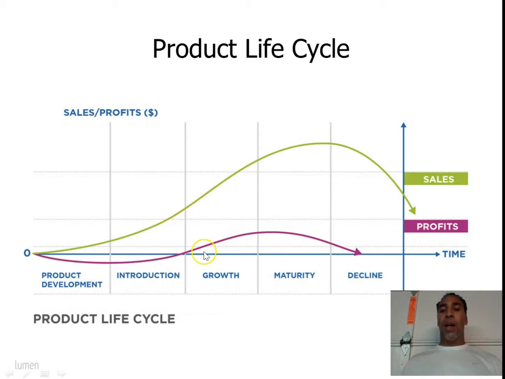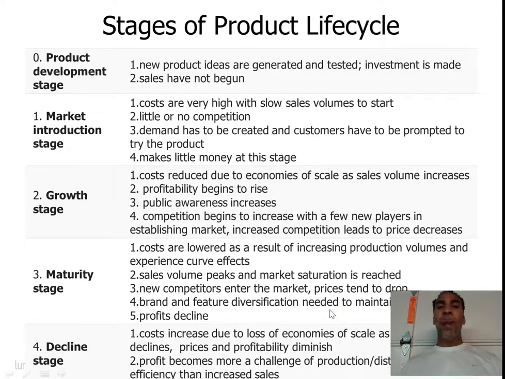up for. Then you have growth, right? Sales growth goes high, profit grows in alignment with sales, but not as high as the sales, because you still have expenses. Then we get to maturity, so you're still making good money. Sales are very, very high, and then sales start to decline, and profits obviously start to decline when sales start to decline as well.